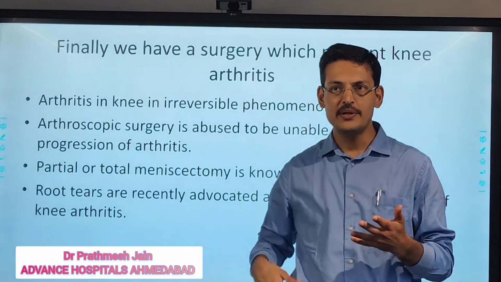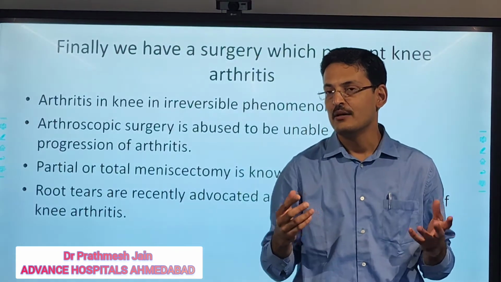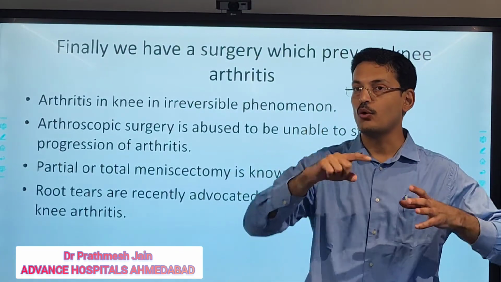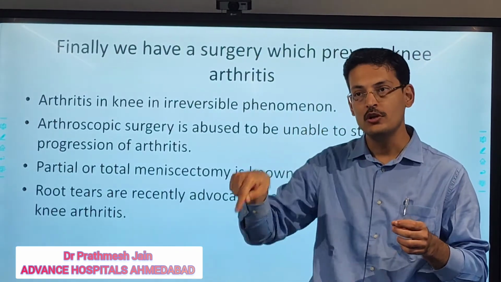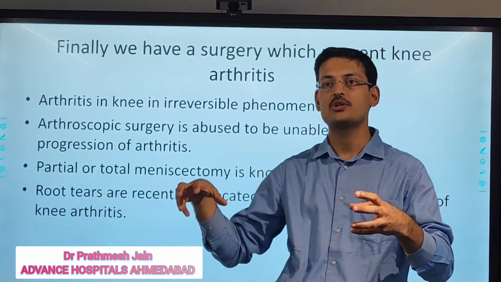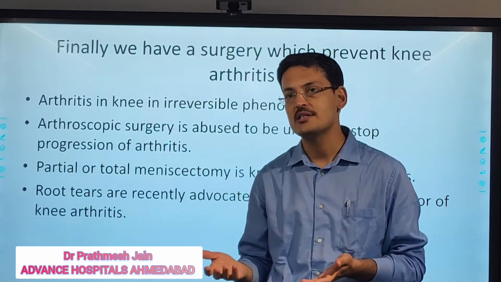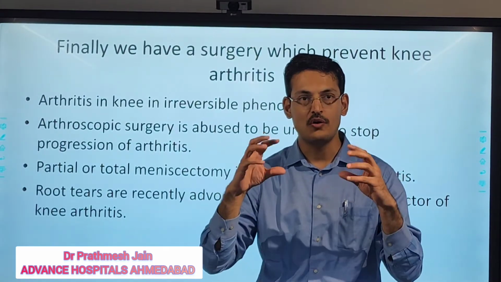So sometimes the meniscus is too healthy. Technically speaking, if the meniscus is healthy and functional, the arthritis should not set in. But what happens is the whole of the meniscus is there, you can take out a full zone of meniscus, but the meniscus is extruded out because of the root tear and extrusion. So even if it is intact anatomically, it is not serving its basic purpose of cushioning.